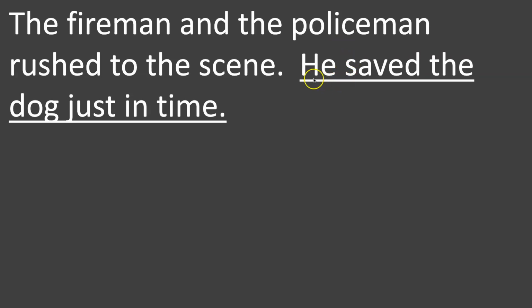Alright? So if you are writing a story, if you are writing a paragraph, you need to identify first who you want to talk about. In your first sentence, there are two subjects. There are two people that are supposed to be doing the action. But there should be only one, because the next sentence you did was use a pronoun that refers to only one person. So we need to put a noun first before we use a pronoun to identify who we are talking about. So, who is likely to save the dog?